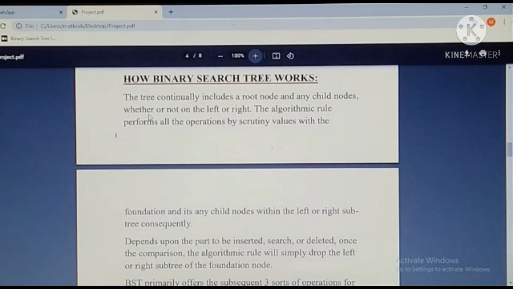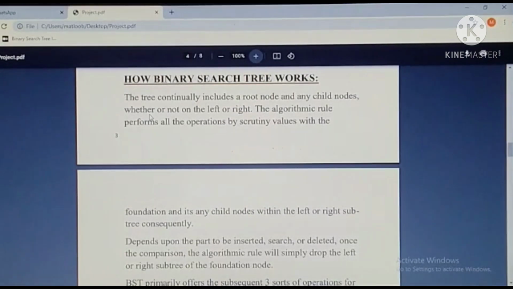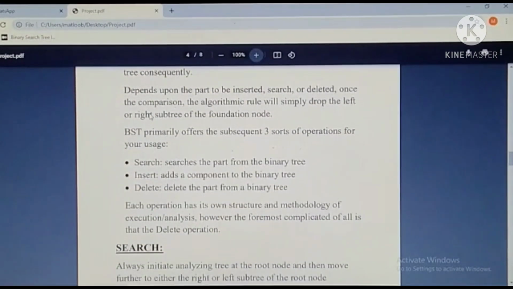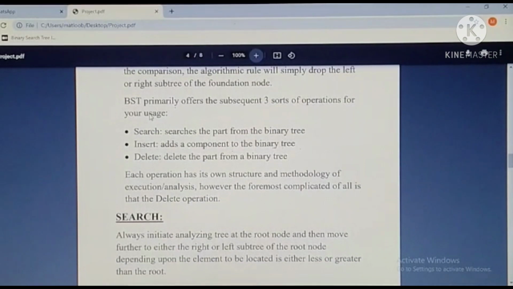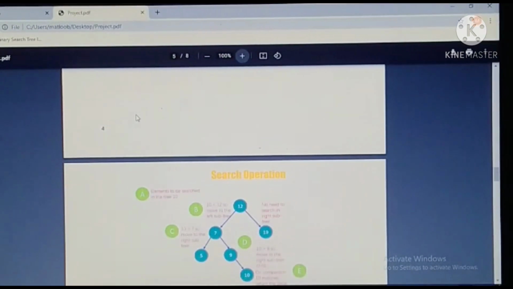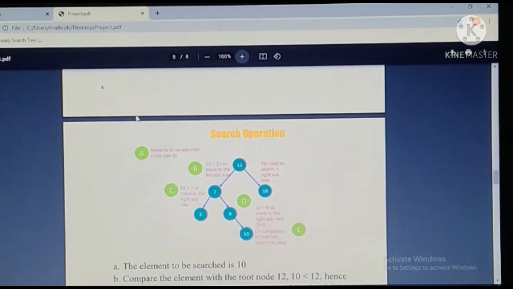In binary search tree, we have 3 operations. Search operation. For searching a value, if we had a sorted array, we could have performed a binary search. Let's say we want to search a number in the array. What we do in binary search is first we define the complete list as our search space. The number can exist only within the search space. Now we compare the element to be searched with the mid element of the search space. In this picture, you can see how we can search a number.